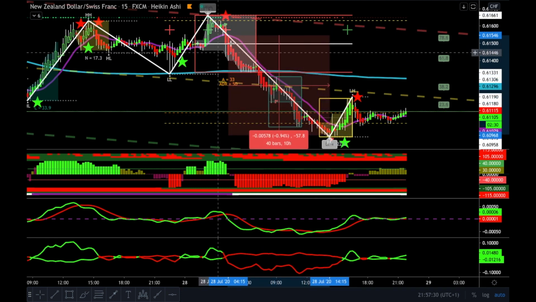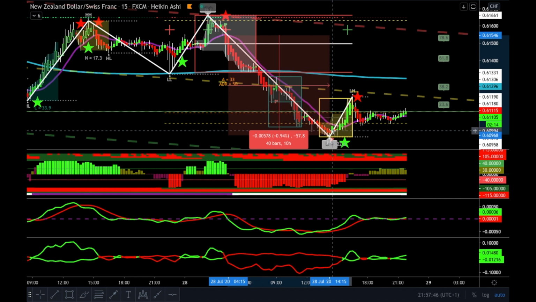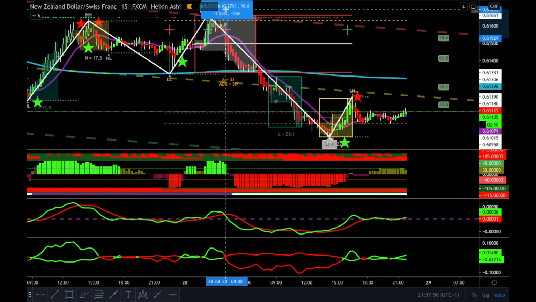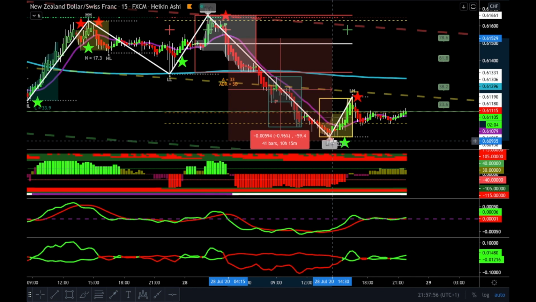Now, I don't really trade Asian session. I really don't teach to trade it, but if you did want to trade it and you're a bit more skilled, you would have been able to catch this because you had all your confluences to be able to catch this trade. And you would have been able to ride this all the way there, and you would have caught 57 pips. Your stop loss would have been above this red line. So about, let's say, 17 to 20 pips you could put, but you would have caught 50 to 60 pips